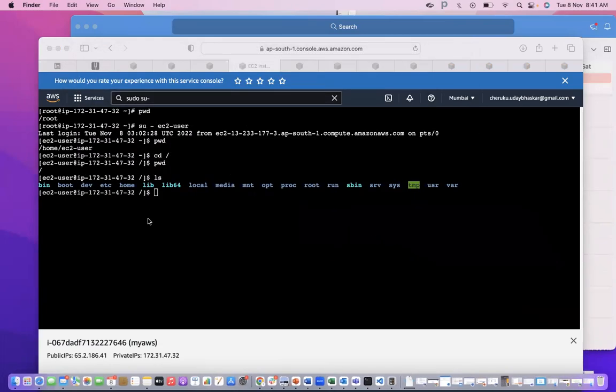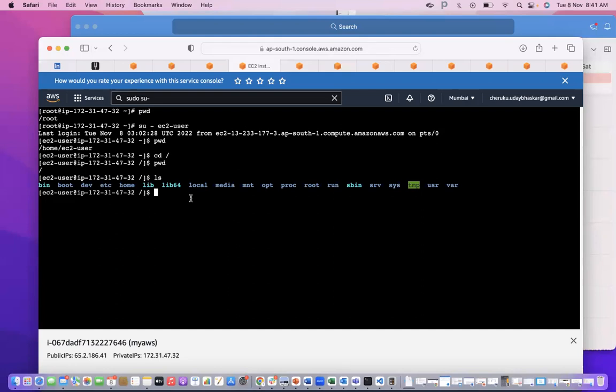But Linux is CLI mode, command line interface, so we can find out through commands only. We can find out if it is a file, a directory, or a link file. So how can you find out?